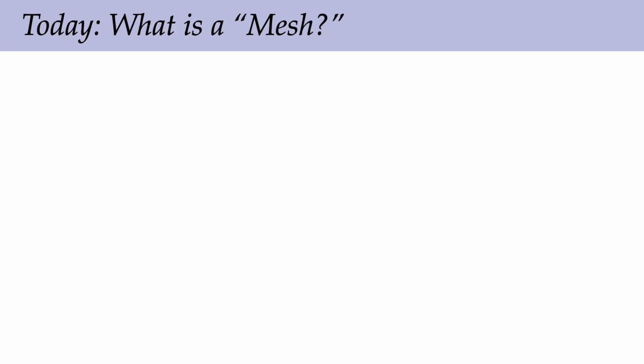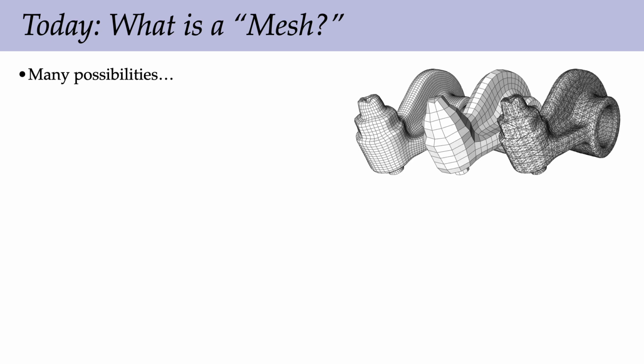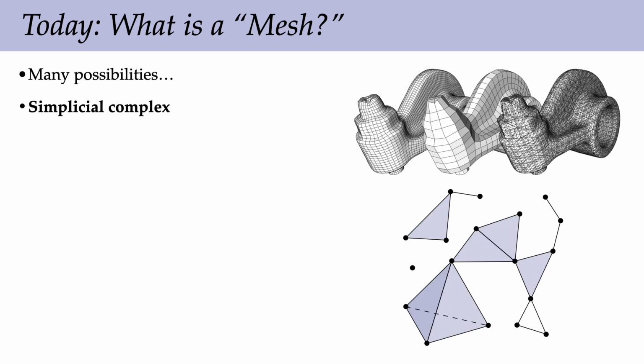People use this word mesh to mean all sorts of things, lots of possibilities. What really is a mesh? Well, for us, we're going to give it a very precise meaning. We're going to study mostly something called a simplicial complex. A simplicial complex is more or less a bunch of vertices and edges and triangles and tetrahedra and higher dimensional